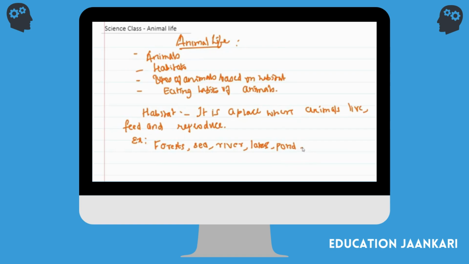I can also say home, right? Like few people will have dogs, cats. Where will they be? They will be in home, right? So home is also a habitat for few animals, domestic animals. Like in villages, if you see cow, buffalo, sheep and all. Correct? Yes, Ishan, tell me.